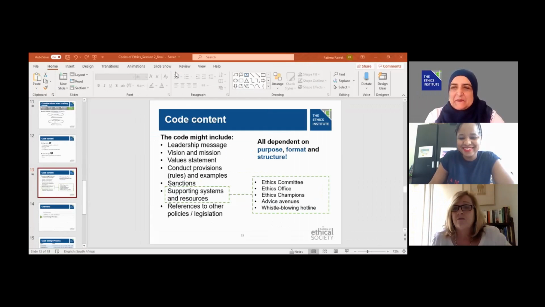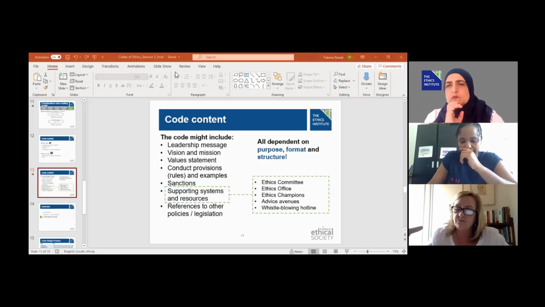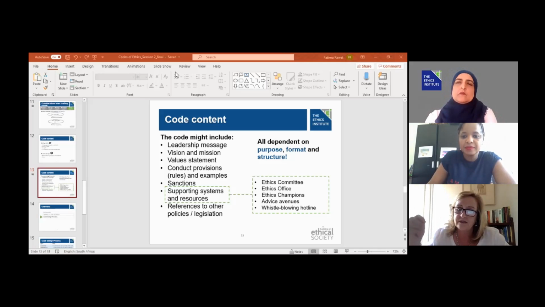What I wanted to say was that the purpose of the Code of Ethics must address the difference between the company policies and procedures. And you touched on that, but in some ways, company policies and procedures can assist us in defining the Code of Ethics. Can you give us just some practical pointers of how that can happen?